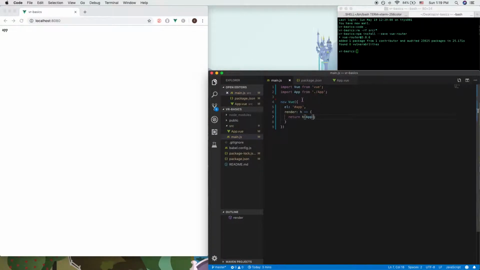So let's go back to main.js. And in here, we'll include vue-router from vue-router. And one of the most important parts that I personally tend to forget is to initialize vue-router into our Vue instance by writing Vue.use(VueRouter). This is key. We'll go ahead and create our routes, which is an array of objects, and for the first